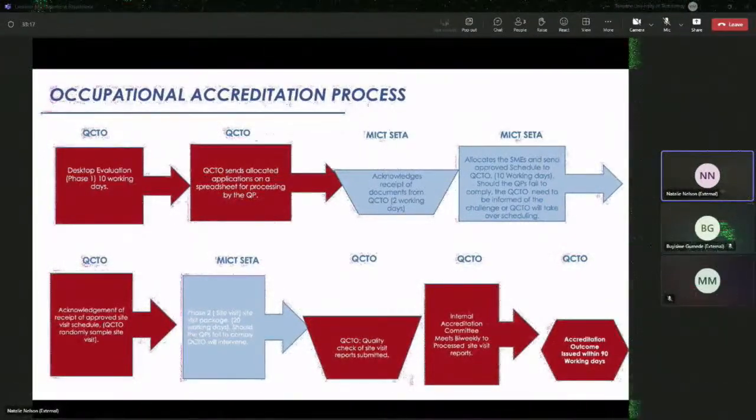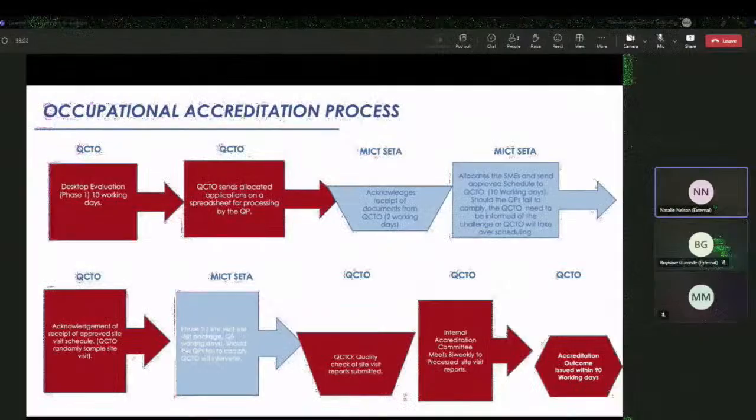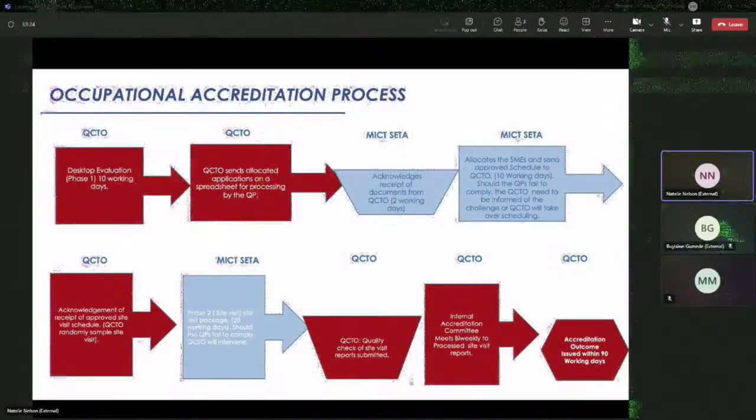Colleagues, I think it's important here to pause and just to indicate that the SETA can only start with the process of site visits once we've received the allocation from QCTO. We are dependent on the QCTO to receive the allocation and then to allocate to our advisors, who then come out, conduct the site visit, develop the report, serves at our committee, and moves on to the QCTO for their final processing.